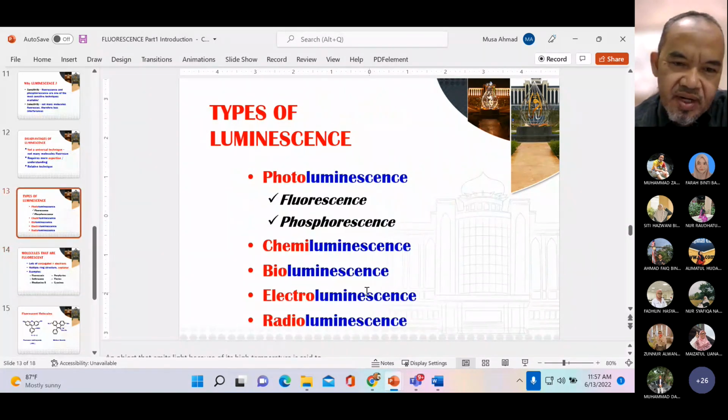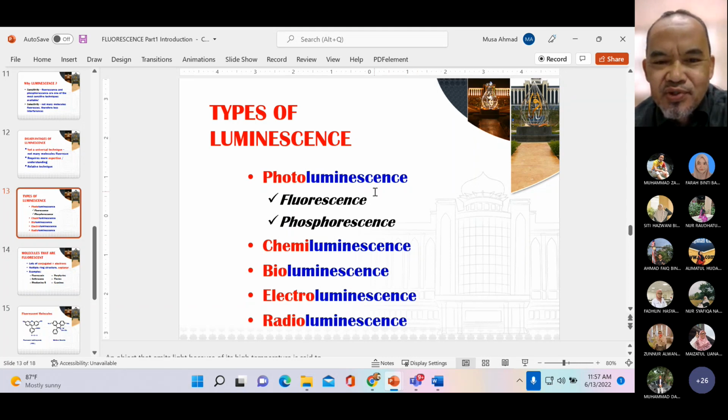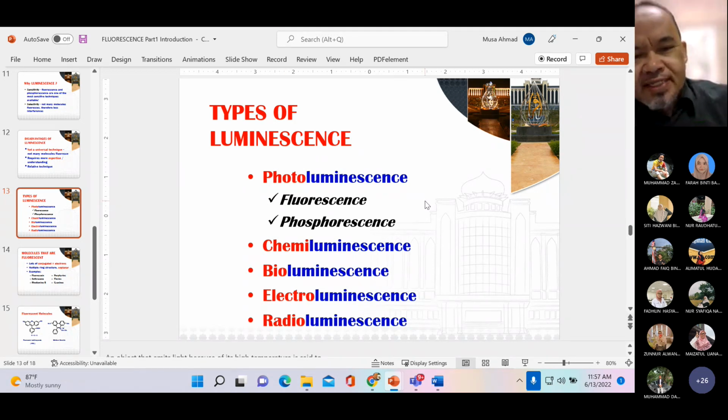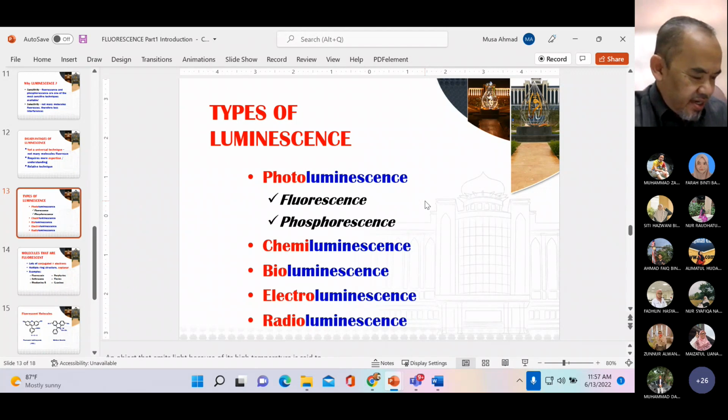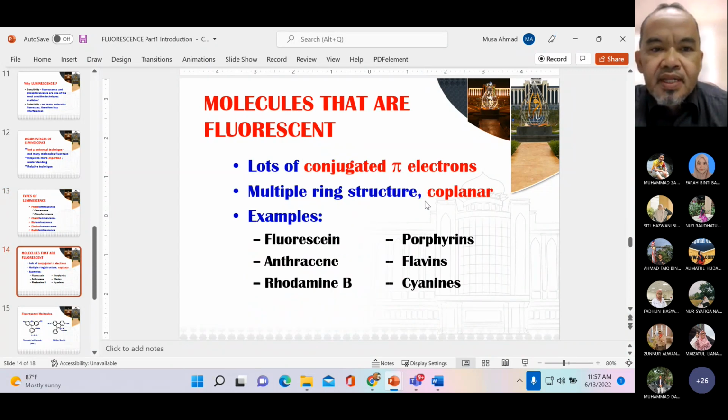But in our subject for this course, we are only going to discuss fluorescence, a very small part of it. This also shows that when you talk about fluorescence alone, it covers bigger areas, but what we are going to focus on is fluorescence only. That shows that the knowledge of Allah is very vast. So what we learn is just a small portion, and hopefully by having some knowledge on that, we will appreciate more what Allah has given to us.